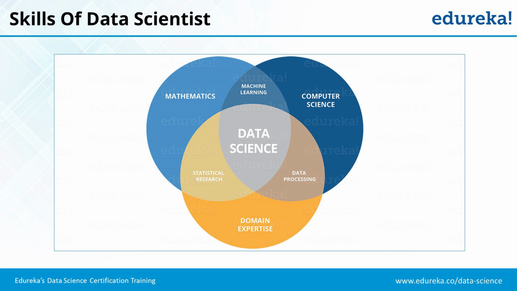Then a very important part of data science is about data, where you have data processing and data storage. That is again part of computer science: how do you store that data and how do you retrieve that data? We talked about big data there, right? So there is big data, a need for storing large amounts of data and retrieving it very quickly. That is where data processing of computer science comes into practice. And then of course data science will not be complete if you are missing the yellow bubble, which is domain expertise. Domain expertise is very important, because if you don't understand the domain, then you cannot explain.